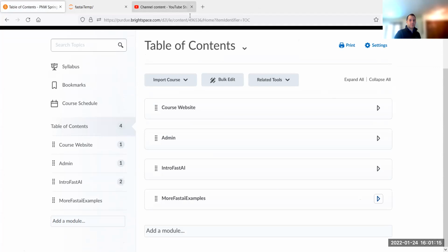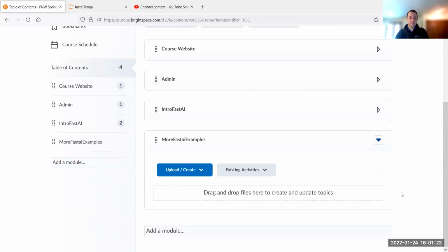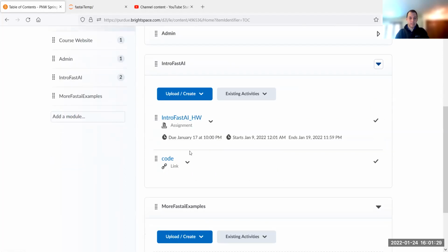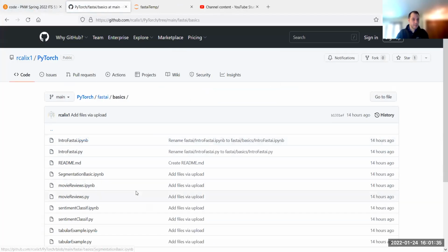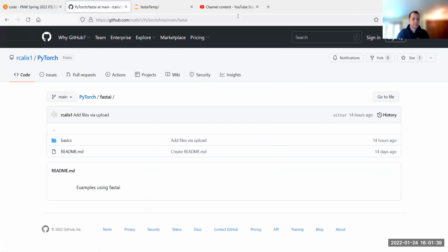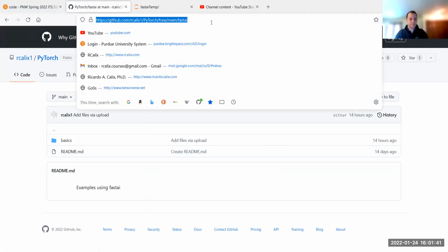We are going to take a look at something else now, more fastai. I'm just going to add the link to the code there. So the code that we did today is here in basics. You can see that there. So I'm just going to provide.